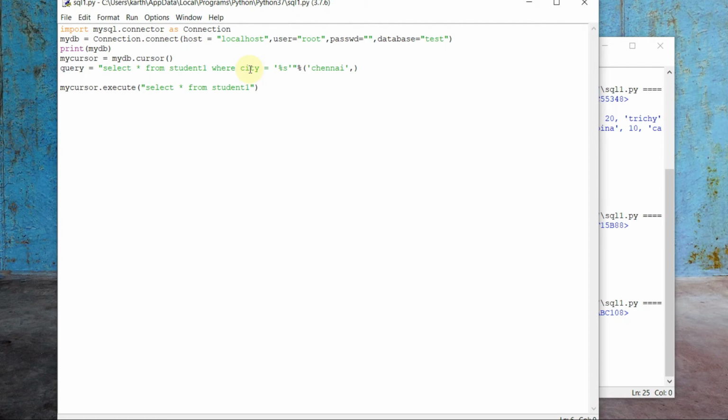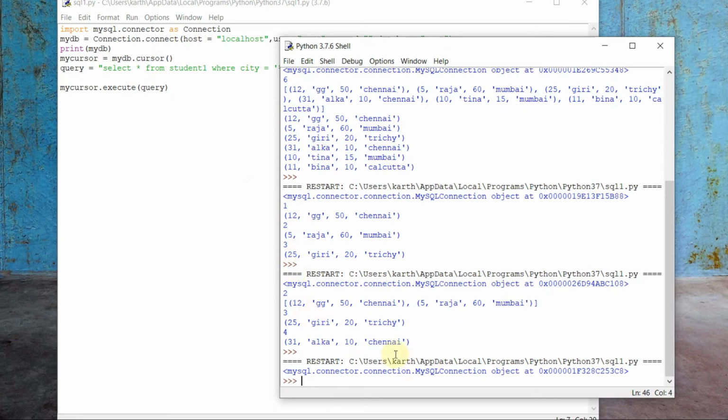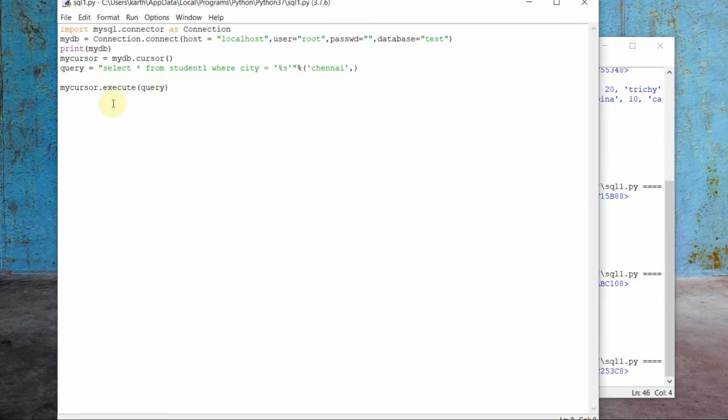And this particular query will be executed when I'm giving query inside this execute function. So I'm just executing, but I didn't see the result. In order to see the result, what we need to do is my cursor dot fetchall.